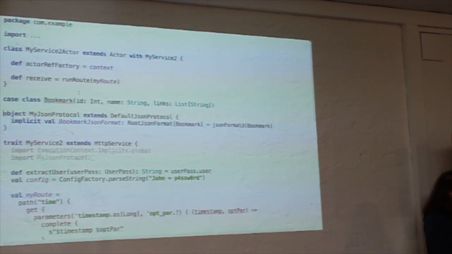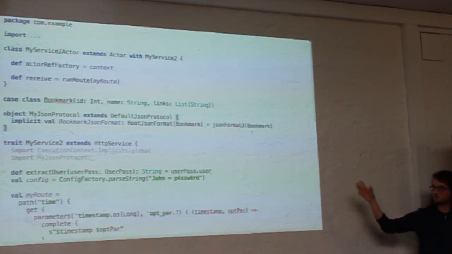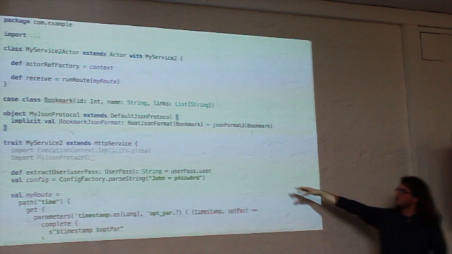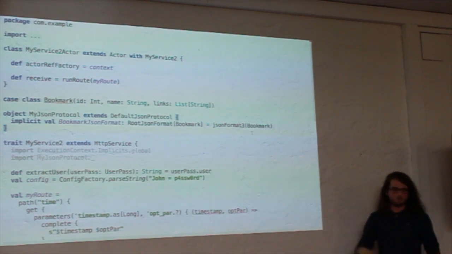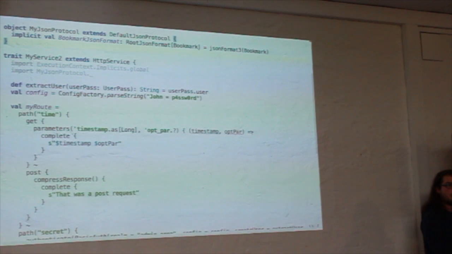And what I need to provide is a JSON protocol. So it's a type rootJsonFormat[Bookmark]. And I have to say jsonFormat3 in that case because there are three parameters. So if we would extend the case class with another string, I would have to say jsonFormat4. But that's about it, all you need, more or less. There was also a limit like 22, I think, but I think they lifted it or something like that.